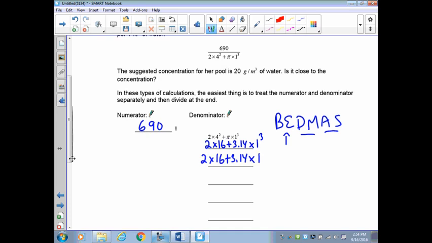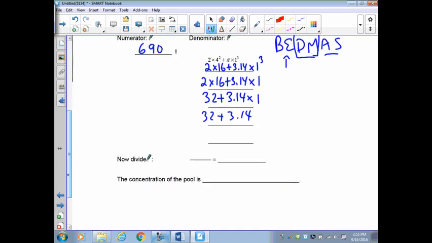Now I have a choice of multiply, add, or multiply. Since multiplication and division occur in the order that they appear, my next step is to do my multiplication, and I have to do the first one first. So 2 times 16, that's 32. Plus, keep everything else here. And now I can do the second part, which is 3.14 times 1. So now I have 32 plus 3.14 times 1, which is 3.14. Now that my multiplying is all taken care of, I can now add up 32 and 3.14, and I get